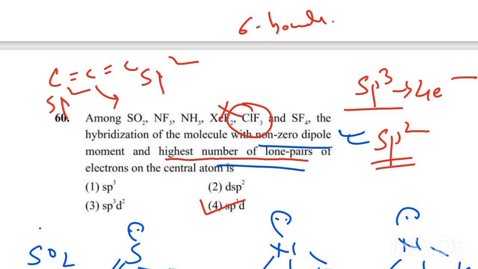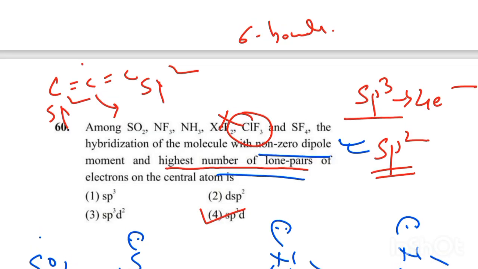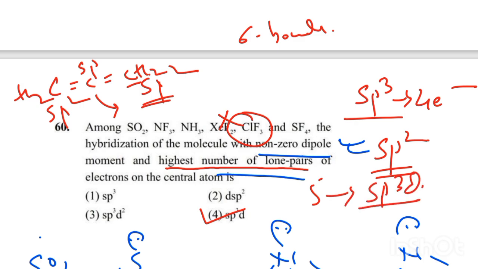So the central atom has 2 sigma bonds, therefore its hybridization will be sp. Here we have 2 hydrogens, so in case of this carbon, the number of sigma bonds is 3, therefore it has hybridization of sp2. Next, suppose there are 5 bonds, then hybridization comes out to be sp3d, and